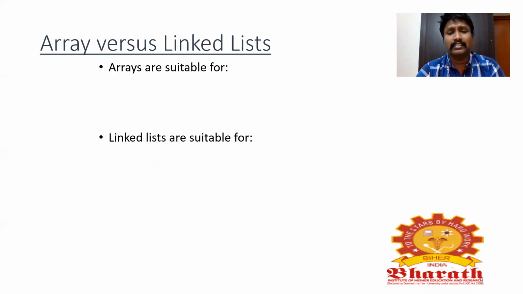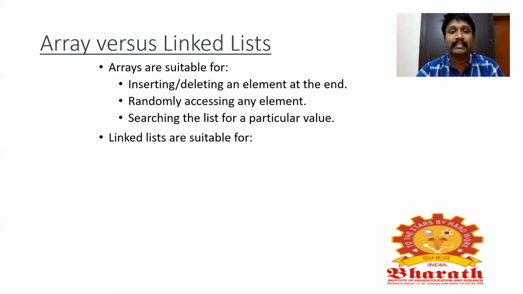We'll now discuss the difference between arrays and linked lists. So what is an array? An array is a collection of homogeneous, that is, same type elements. And you know what a linked list is? A linked list is a linear data structure which has nodes. Both in an array and a linked list, insertion and deletion operations are common. We'll see that. Insertion and deletion in an array: an element is inserted and deleted at the end.